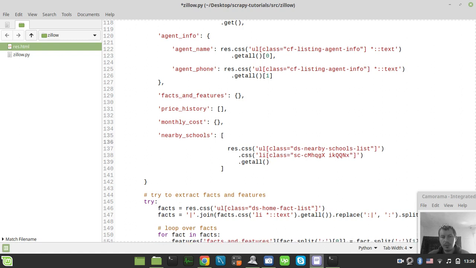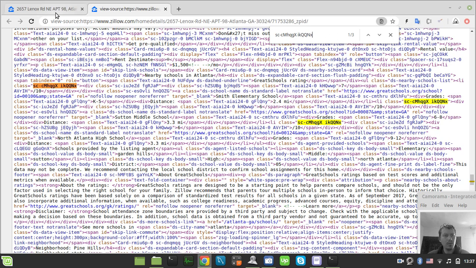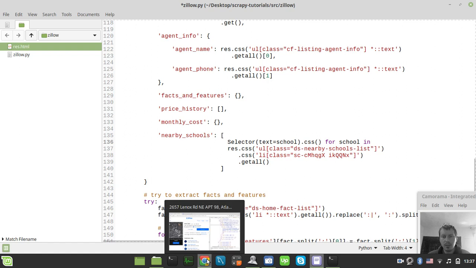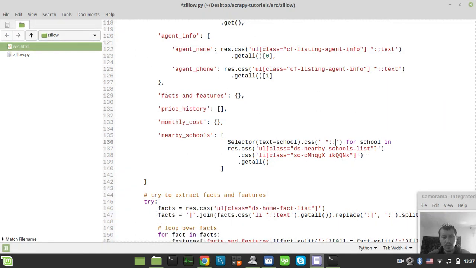So I can try to say for school in, and yes, school. Did I write school correctly? Yeah, seems like it. So now trying to use the selector, if we say selector and text equals to school, and here dot css, and now I guess, well, probably we can just do it like this? Not sure, but